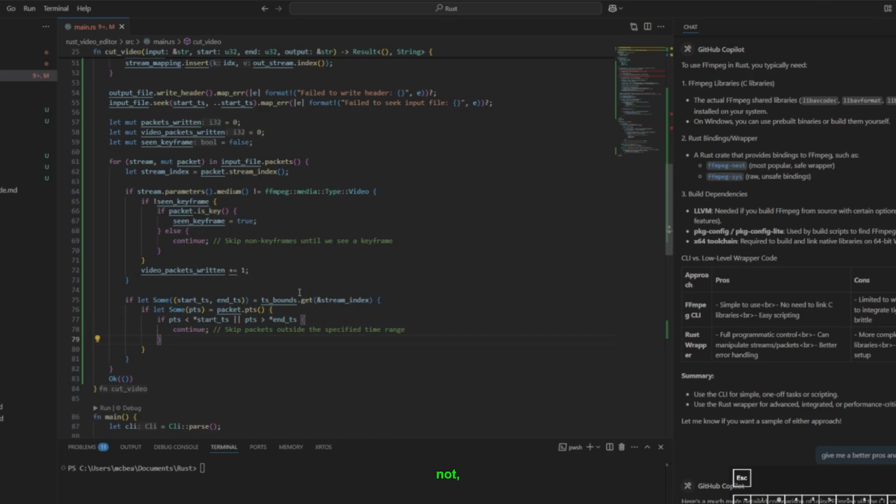And if not, then we're going to skip our packets until we get to our specified timestamp. Okay, once we've gotten to our specified timestamp,